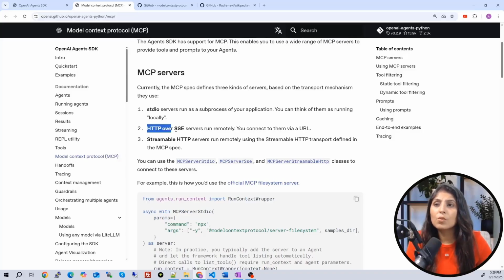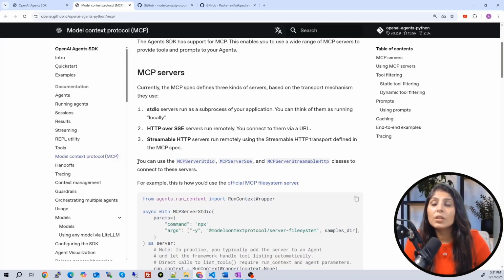At that time, you can use any of these two transport methods, but mostly people work with streamable HTTP because this is new and more flexible. But just for your knowledge, these two can be used when your MCP servers are on a remote machine or on cloud, but this one is mostly used. I'll show you later in the class how to use this one also.